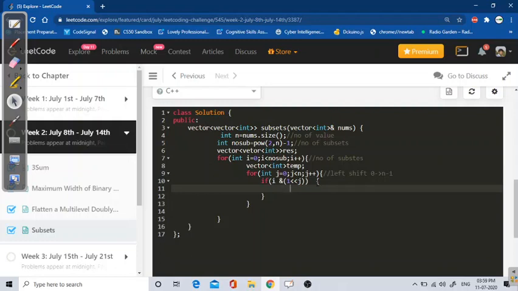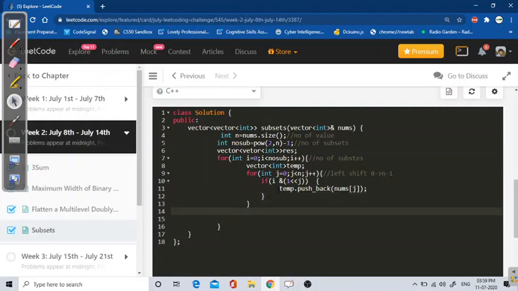And if it is valid, means if it is true, I will store that particular index in my vector with push back. The name of the array is nums, so nums of j, right? This is what I will do.